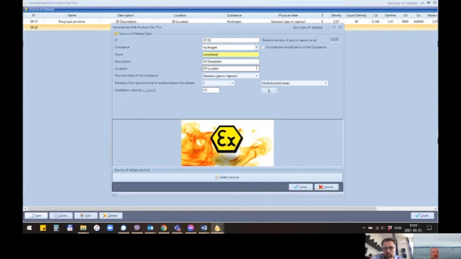But what I would like to show you is that if you choose different kinds of emission sources in one project, the hazardous areas of these different emission sources have an effect on each other. So if we choose another emission source, for example, a compressor, which could be near this hydrogen cylinder,